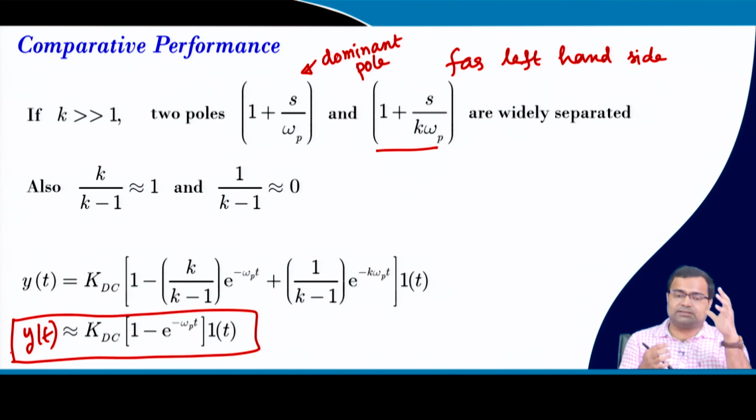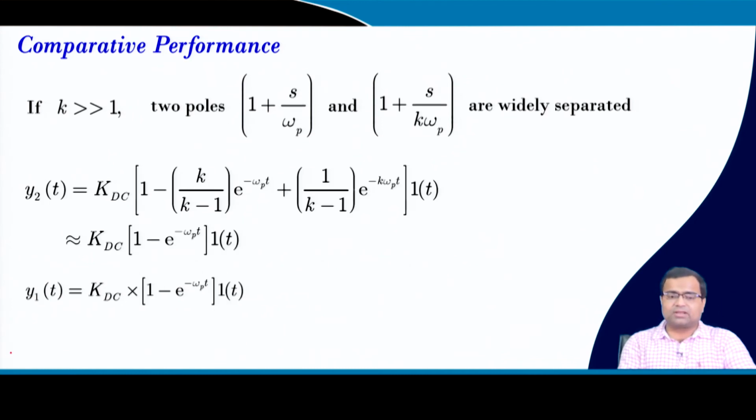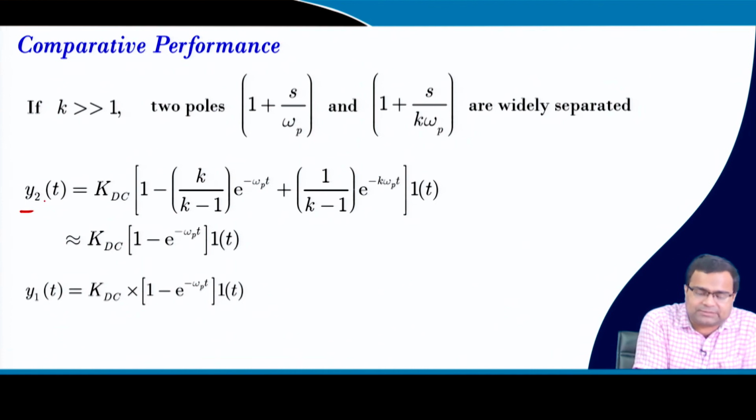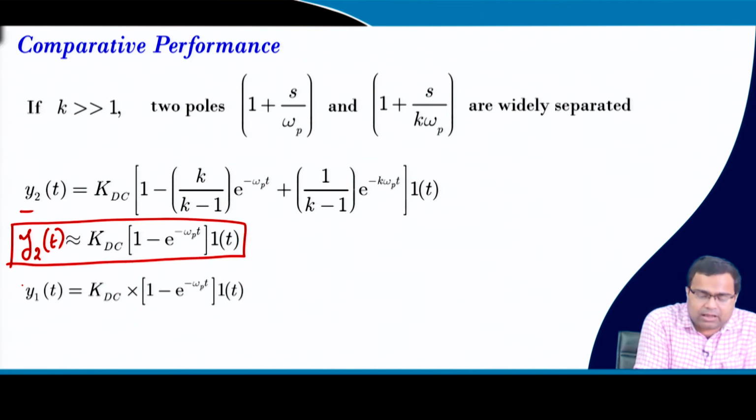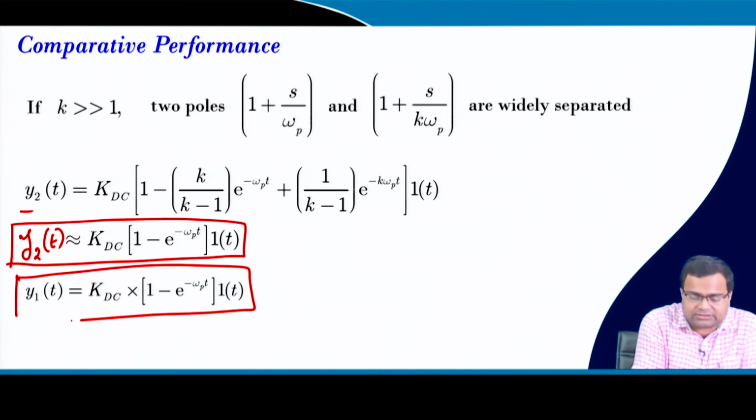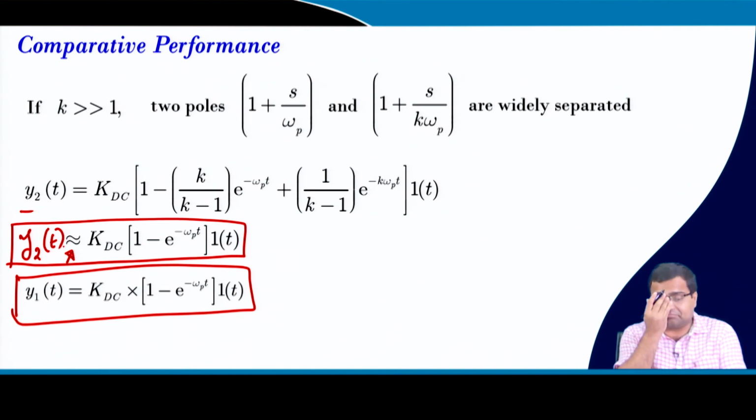Now, the question is whether they will be really identical or not, because if they are identical, then we cannot differentiate between an overdamped second order system and a first order system. There has to be something. Next, again we are rewriting this equation. So, this is the response y of t, the output of the overdamped second order system, and this is the response of the first order system. See, this is in an approximate sense, not in an exact sense, right.